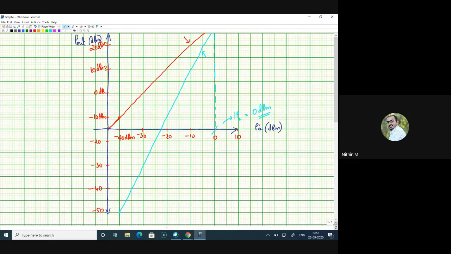So if you scale it properly, I hope you understand, right? If I change the scaling and if I draw it with the slope of 1 and with a slope of 2, it will meet at this corresponding point, and we will get the value as 0 dBm, right? So correspondingly, if you look at the output side, you will get OIP2. I think OIP2 will also come in the next one. Probably it will be very close to 30 dBm, right? So any other methods you guys have used, or this is the way?